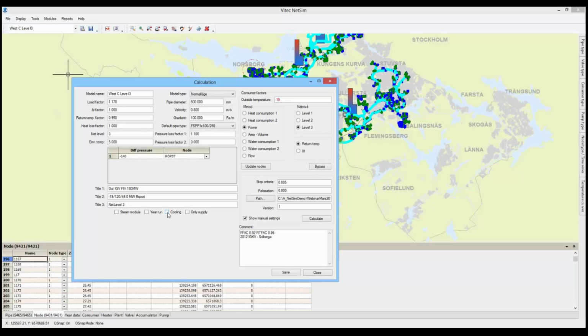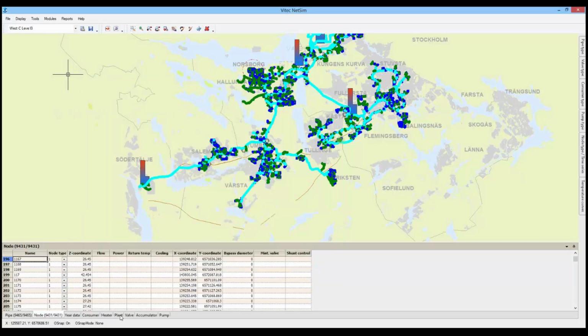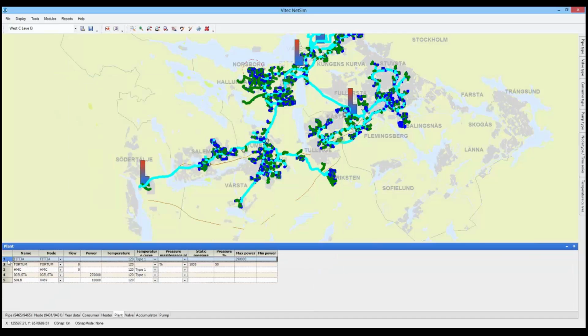Next question here, I can't see who it is from, but the question is: is the software able to calculate costs, meaning savings of system operations, heat loss, pumping cost, etc.? So can you put money on the megawatt hours? Yes, it can. In the plant, if we look at the plant we have over here, for instance,